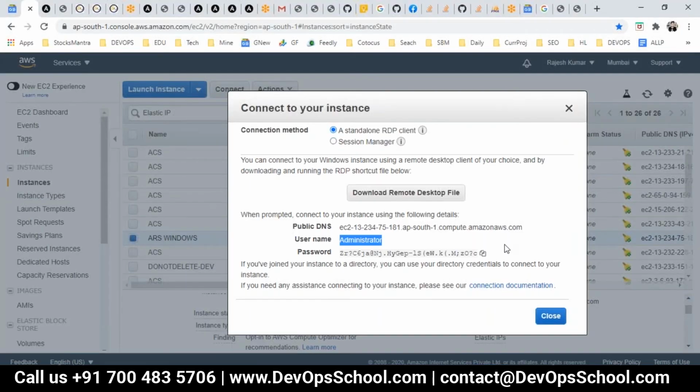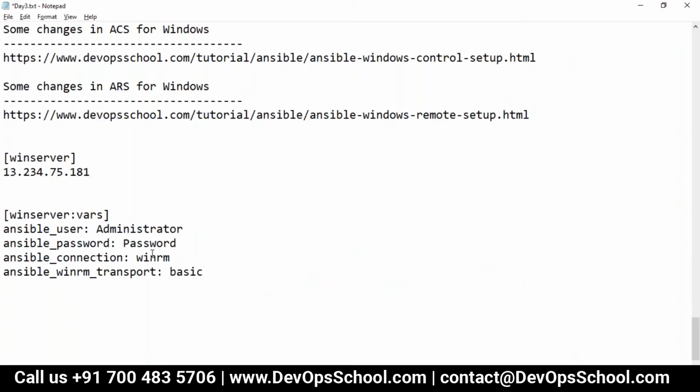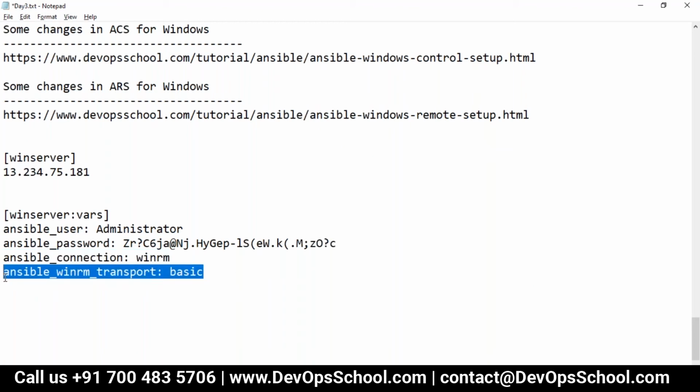The password is pretty long, so I'll just copy it. The protocol connection is by default SSH, remember. And the authentication method is basic.